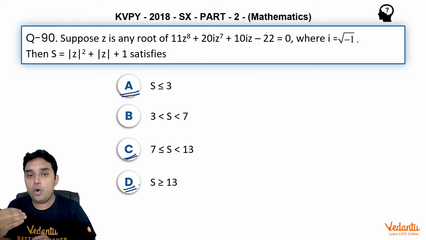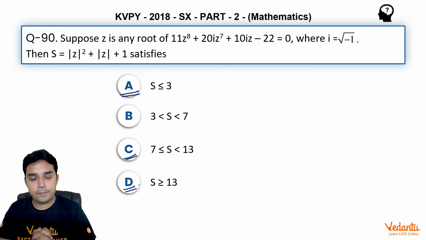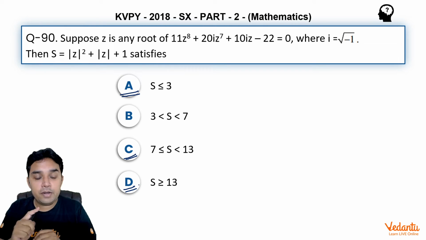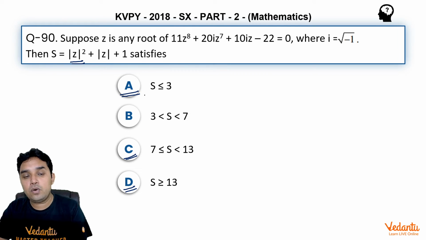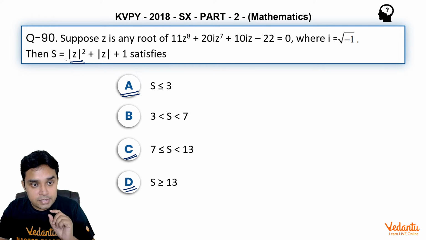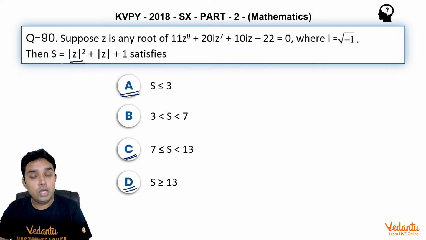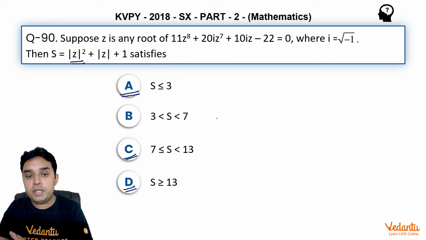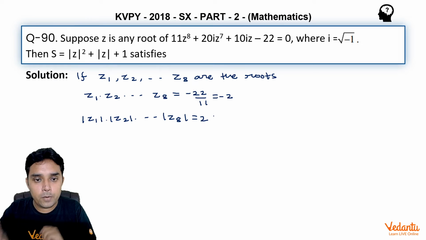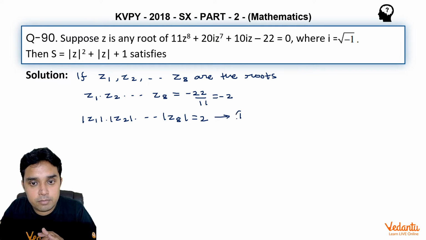But that was only an objective method. Let us try to see how this question can be done completely. Let me repeat once again that here z can be z1 or z2 or z8. So whatever value S assumes, it should be true for all possible roots. In that way I have proved that A, C or D cannot be the answer. B should be the answer, but let us do it properly. Let me call this equation number 1.